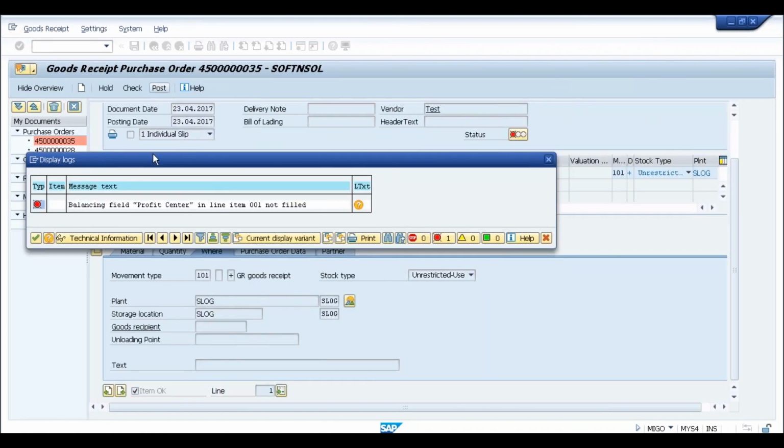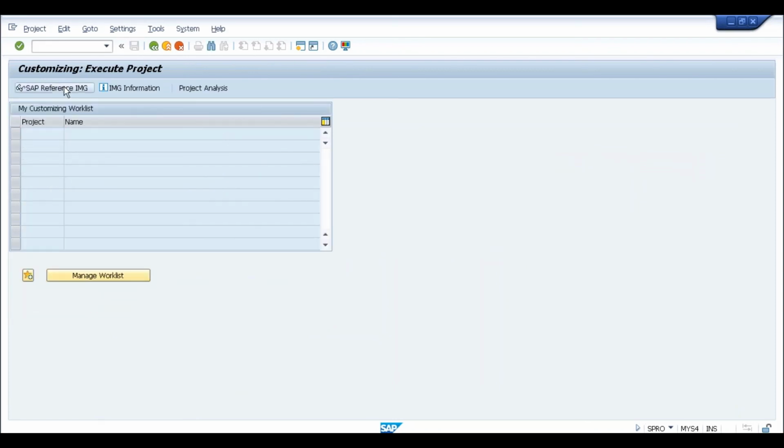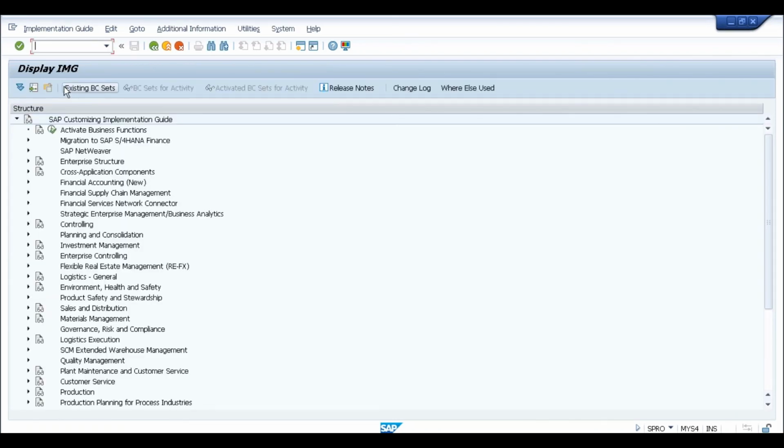Now there is another error called balancing field profit center. This is related to document splitting functionality, which is the new GL functionality which belongs to financials. We don't want to go into that. So what I suggest to you also, whenever you are working on this server, not in your development, quality or production system. I'm only talking from this system point of view where you are creating your test company. In your own server, if you are getting this error, you need to contact your financial person to understand what this issue is and he will solve that.